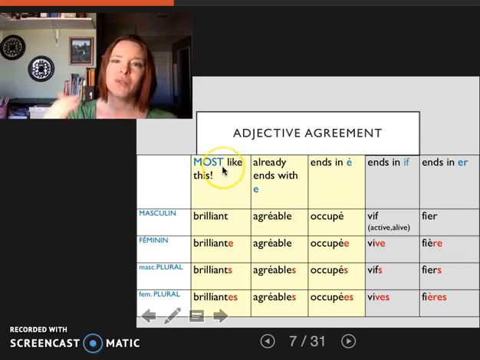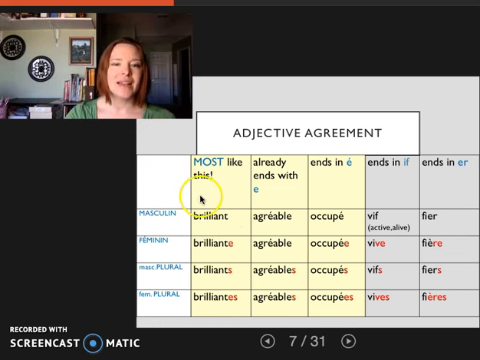So most of our adjectives will kind of be like this pattern here. And all these patterns in yellow are very common. And I'll show you another one on the next slide. So masculine adjectives, we generally leave those alone. Those are our default. Feminine, we most of the time are just going to add an E. Masculine plural, add an S. And feminine plural, add an ES.